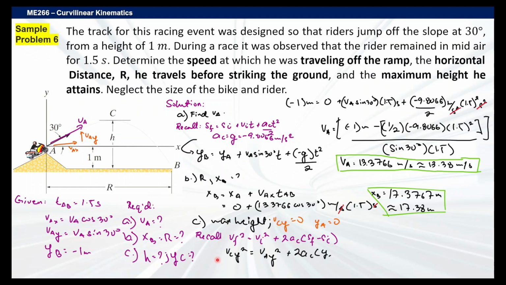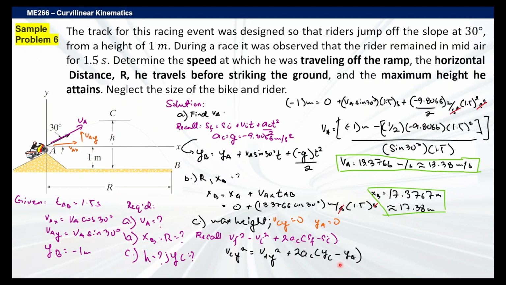We have this one. So we have VCY, which is 0. We know that kasi at max height, 0 na yung velocity. We have VAY kasi mayroon tayong initial velocity, which is VA sine 30 degrees. Meron tayong AC, which is G at negative 9.8066 meters per second squared. And YC, yan yung hinahanap natin. YA is simply 0. So we substitute yung equations natin dito to find yung